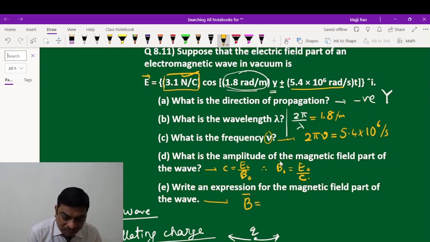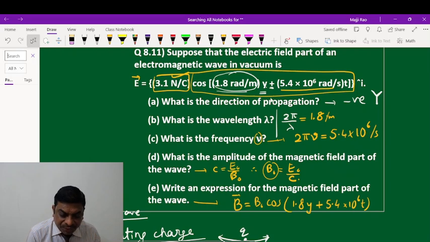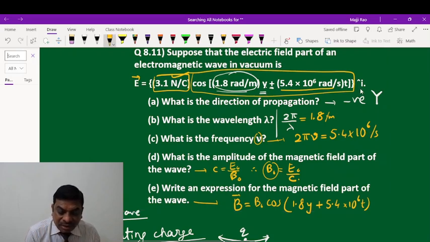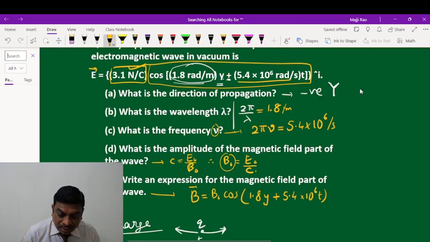So magnetic field part will be whatever value you get here, you write here, and then you copy this entire thing, cos 1.8 radian per meter into y plus 5.4 into 10 to the power 6 radian per second t, and then you can see, since it is propagating along negative y-axis, and electric field is along positive x-axis, then we know that